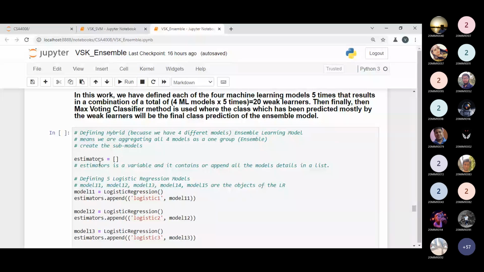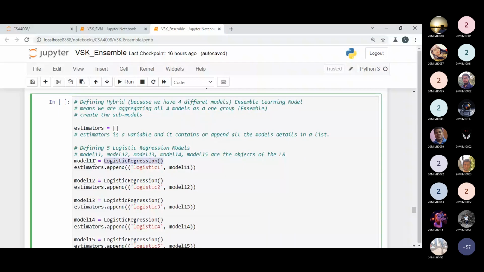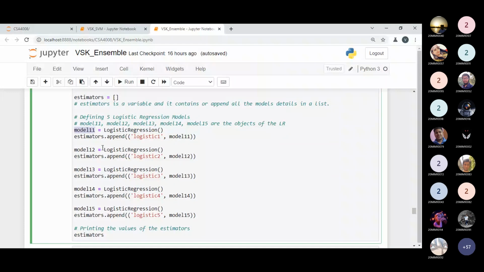First, I'm defining the logistic regression. We have already defined the class. So model 11 to model 15 will be the objects of the logistic regression, and those objects are integrated into the estimator by applying the append method, because the estimator itself is a list kind of data type. So all the objects will be appended in a group.